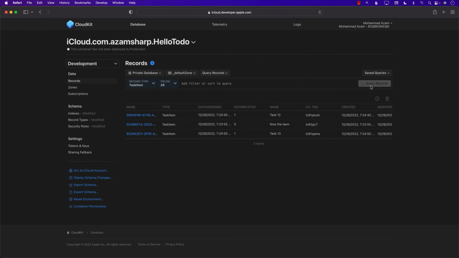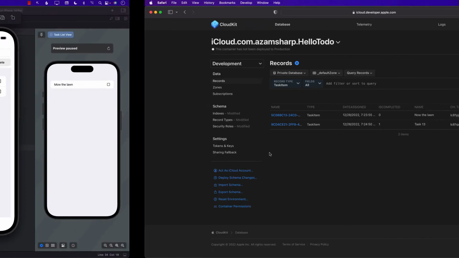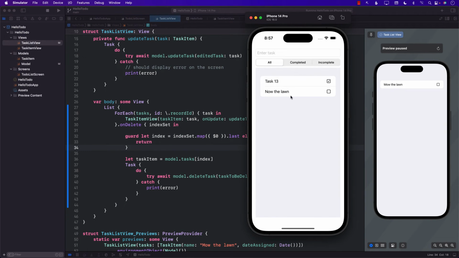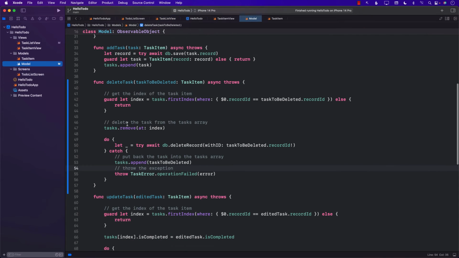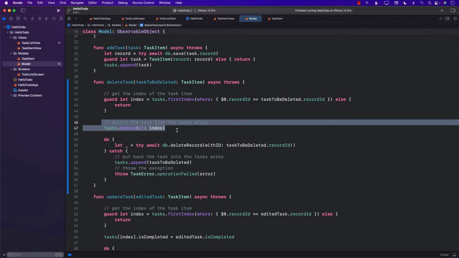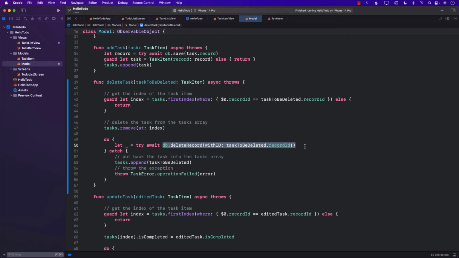And if I refresh it, task number 12 is gone. You can see that. Now, if we were not doing this part, let me actually show you. If we were not removing it from an array and we were only deleting it from the CloudKit database, it